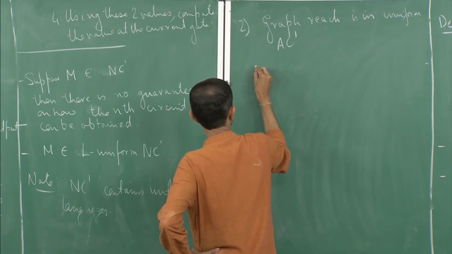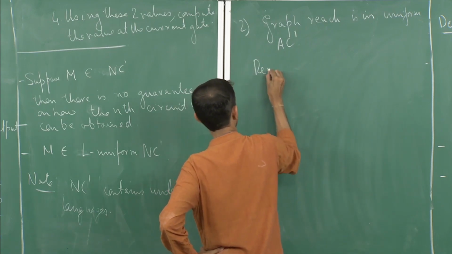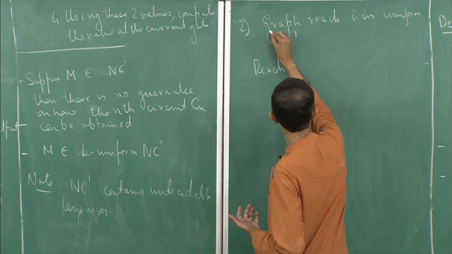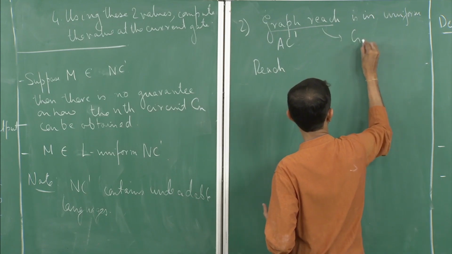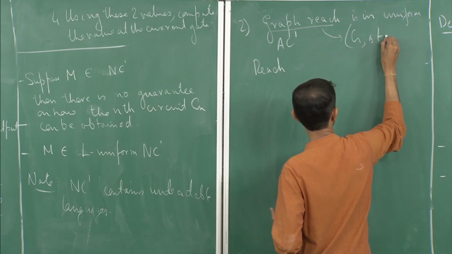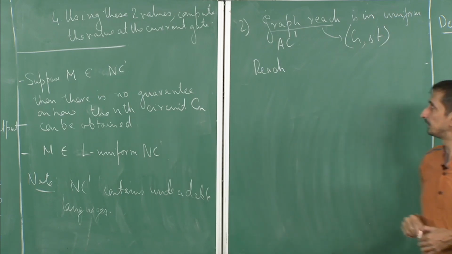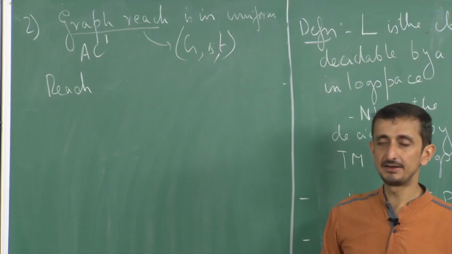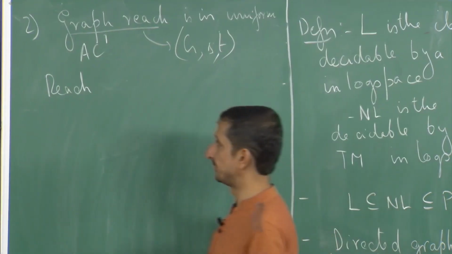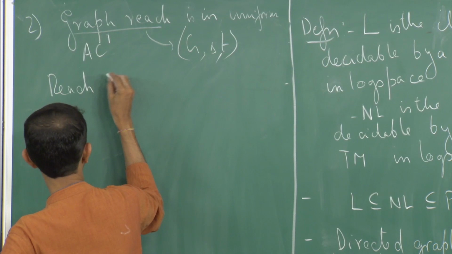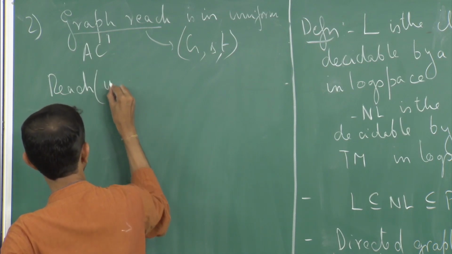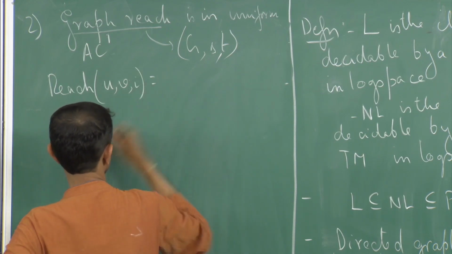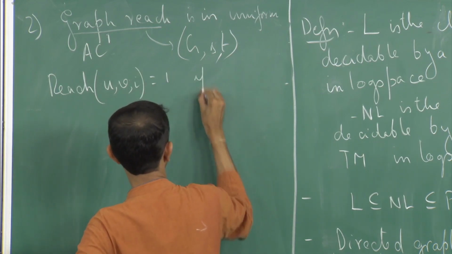Okay. So, to prove this, let me define a predicate. What is the graph reachability problem? It is a tuple: given G, S and T, it should accept if there is a path from S to T in G, and if there is no path you reject. So, that is the graph reachability problem. So, I define a predicate reach U V I, okay. So, this is equal to 1 if